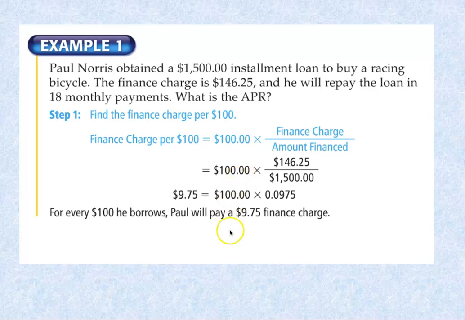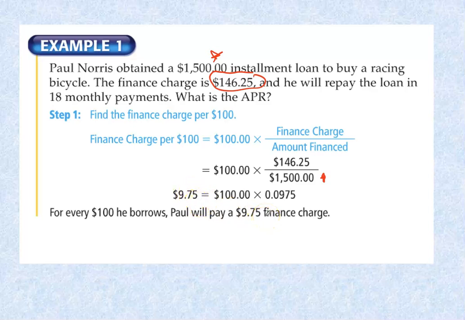So Paul Norris obtained a $1,500 installment loan to buy a racing bicycle. The finance charge was $146.25. He will repay the loan in 18 monthly payments. What is the APR? You're going to do the formula first. So 100 times the finance charge, which you got from right here in your problem, divided by the amount financed, which you can find right here. When I do that, I will get